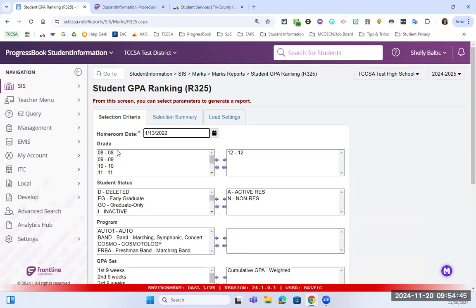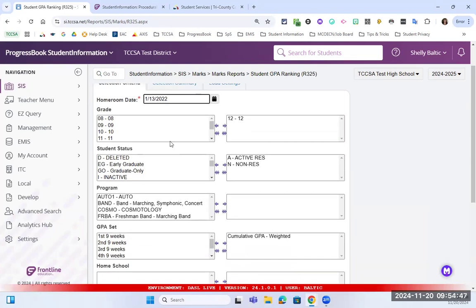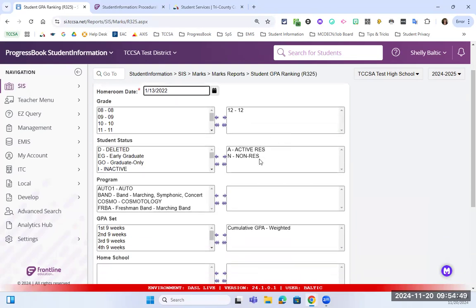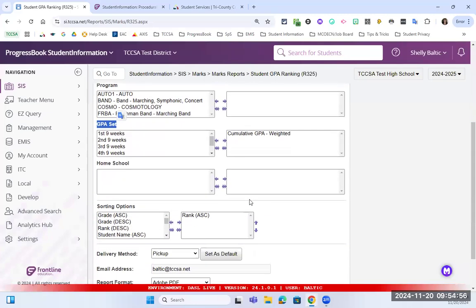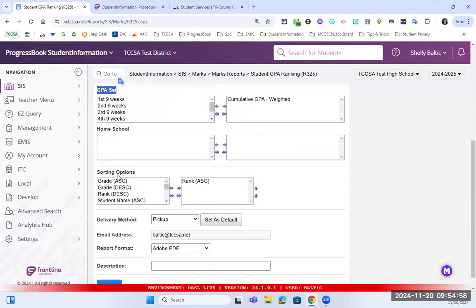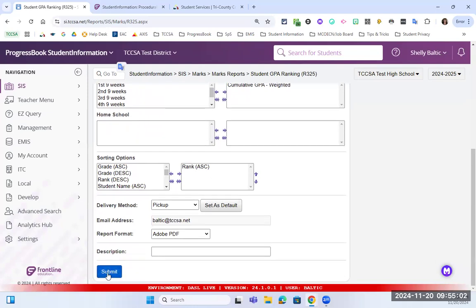When you're running it, you can pick what grade level it's for, students, your active non-residents, and what GPA set you are using, weighted or not weighted, and then it's going to sort it by rank. So then when I submit this,